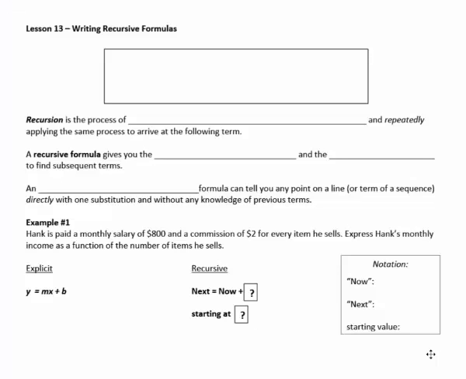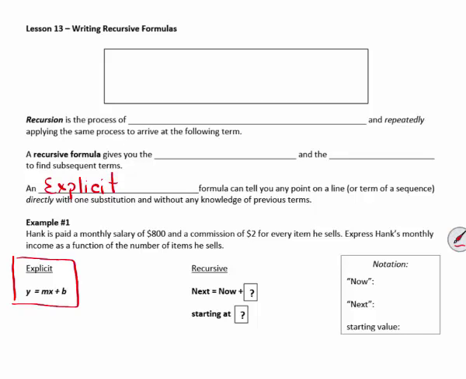Ladies and gentlemen, so what we're going to be doing now is taking these equations that we have and writing them two different ways. The way that we have been writing them, our y equals mx plus b, is what is called an explicit formula. We're going to be jumping all over today, so I apologize. So an explicit formula